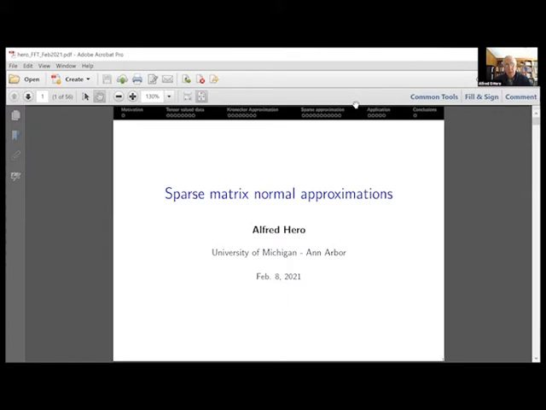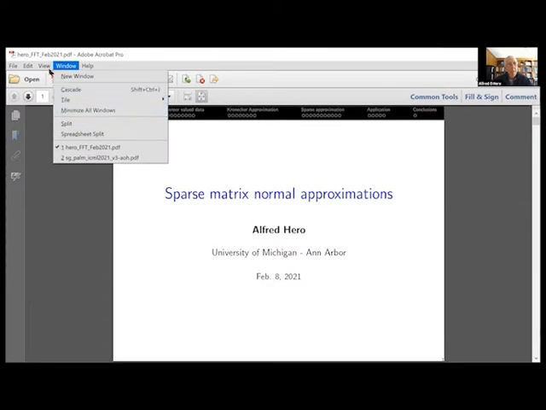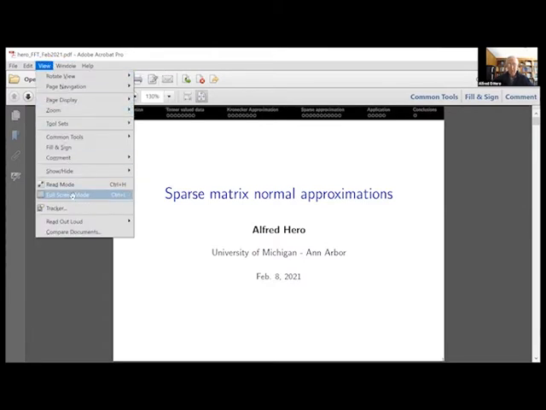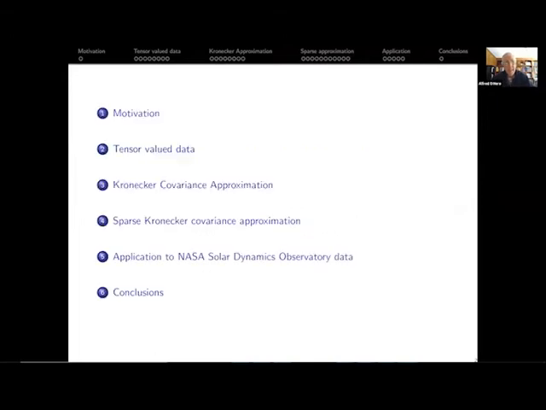that one is pretty old, some work that we did back in the 2012 area, and Kronecker approximation, and then sparse approximation of the inverse covariance that represents recent work. And then I'll be talking about a really cool application of all this. Let me first go into full screen mode here. So we have the full landscape. Right, well, I just told you about that. So the application is the NASA Solar Dynamics Observatory data, which I'll talk about in just a minute.